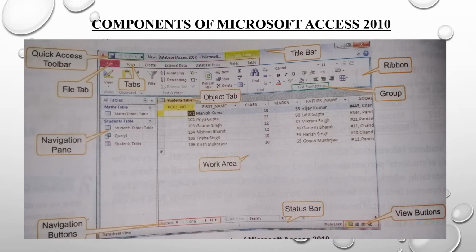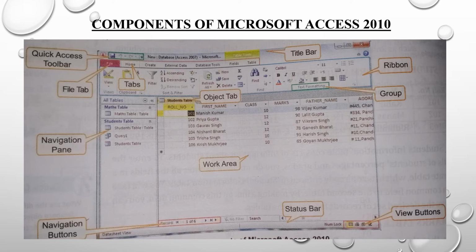Now the next is components of Microsoft Access. Before learning about the various functions of Microsoft Access, let us get familiar with the various components of the Microsoft Access window. The first one is title bar. It is located at the top of the window and displays the name of the current database.